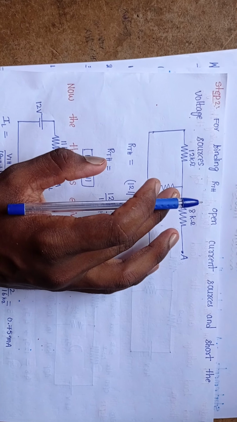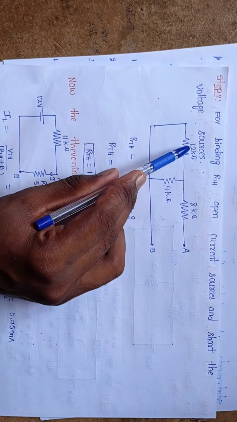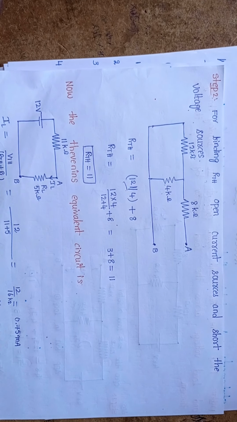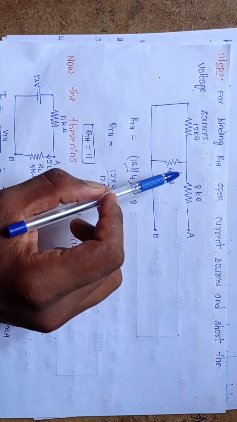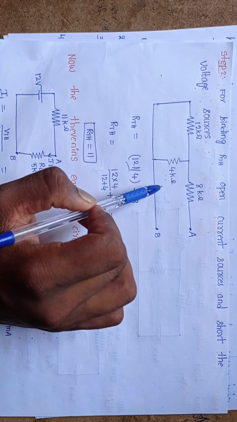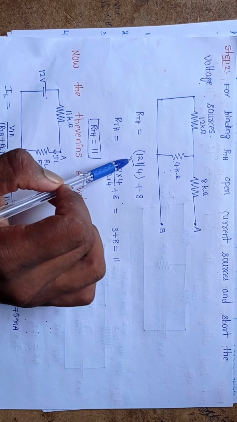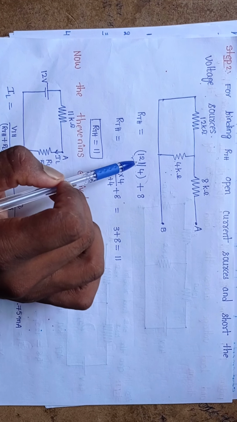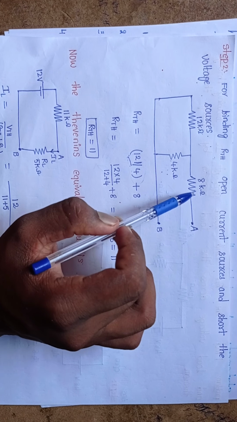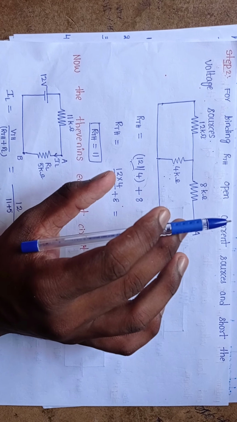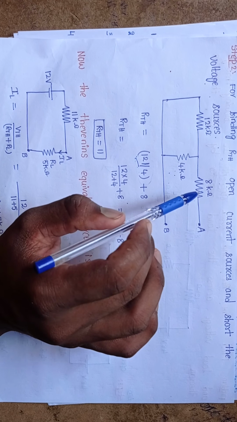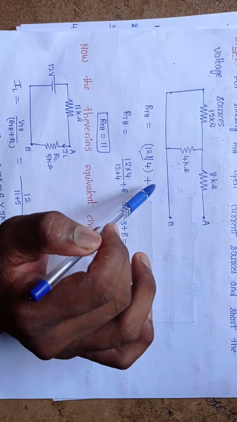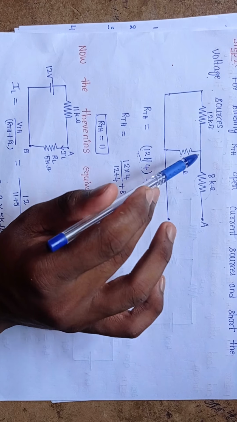We know in parallel connection, let's write 12 kilo ohms and 4 kilo ohms are connected in parallel. This symbol indicates the parallel. We can write it like this; this symbol indicates these two, 12 and 4 kilo ohms resistances, are connected in parallel. And we know if resistors are connected in series, then we can add the resistance values. This resistor is connected in series to these two resistors. That's why we simply add that resistance to these resistors.